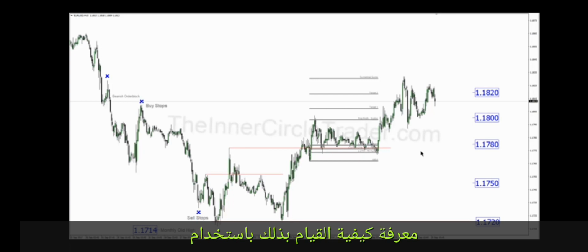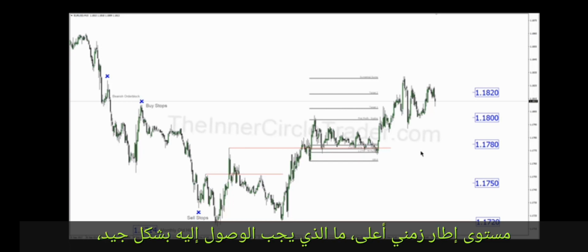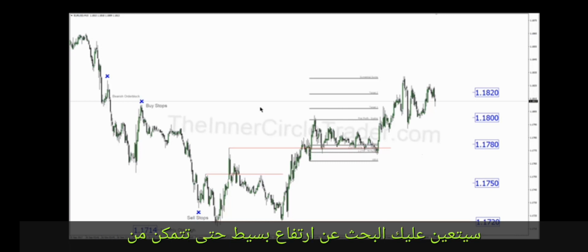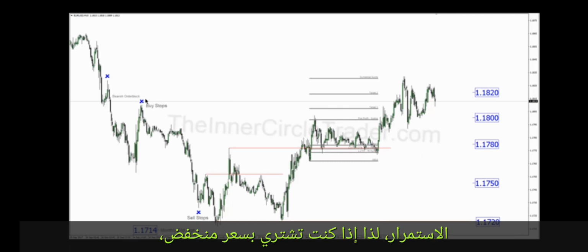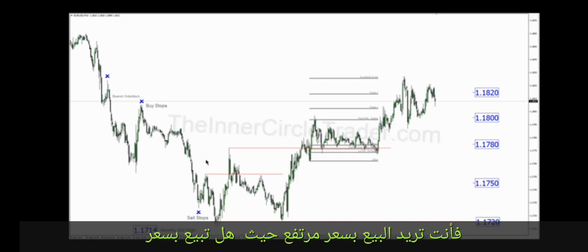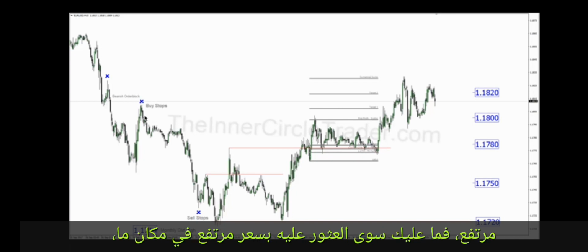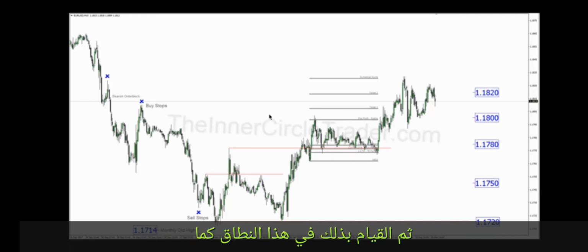Targets, how to know when to do it using a higher time frame level, what to reach for. Well, you're going to have to look for an old high to run through. Okay, so if you're buying low, you want to sell high. Where do you sell high at? Just find an old high somewhere, okay, and do it in a scope that, as we outlined here,